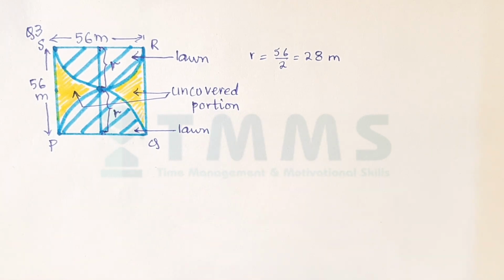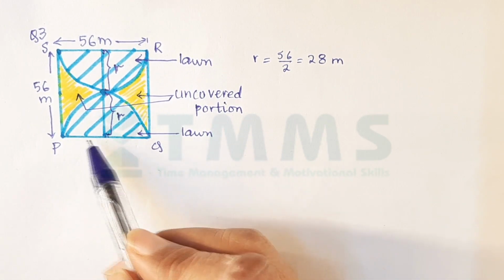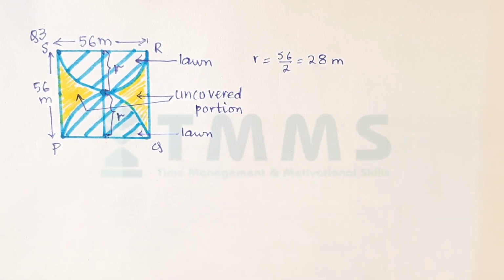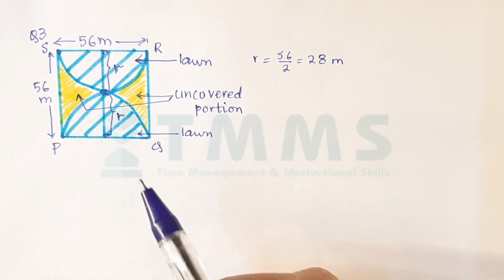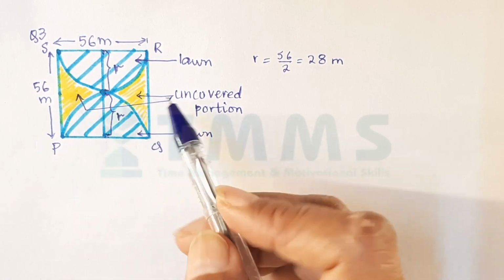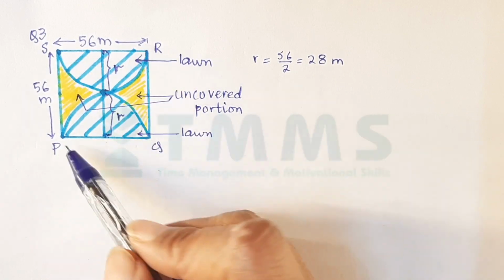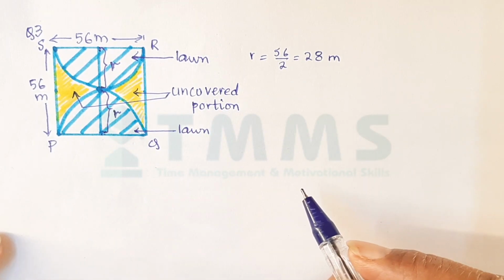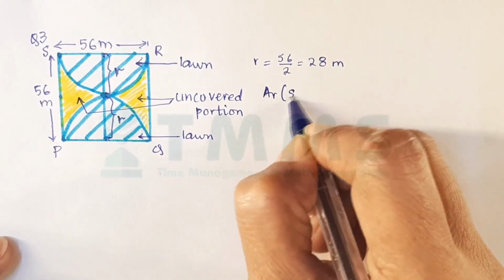Tip number 3 is to understand and recognize which other formulas to be used. What are the figures over there? So we have a semicircle here, we have a semicircle here. Do we know the formulas for semicircle? Yes. Can we see this whole area is the area of the square? Yes. So this yellow part, that is uncovered portion, will be area of the square minus the area of the two semicircles. So shall we write just that? So we have area square